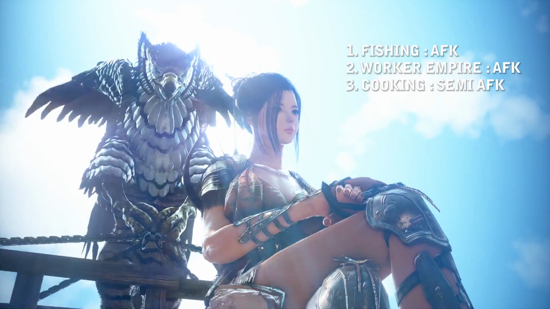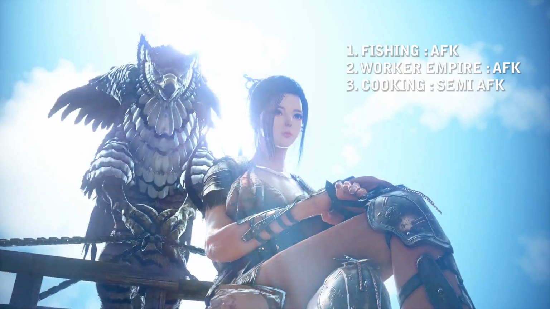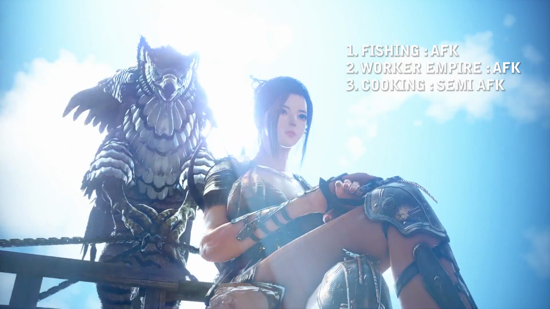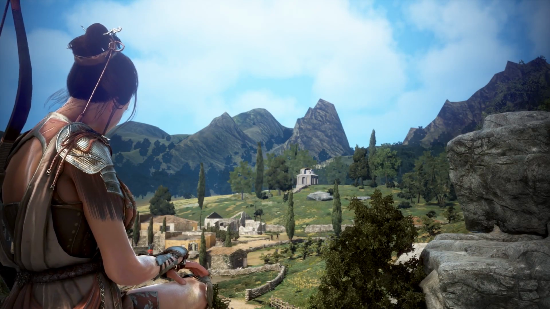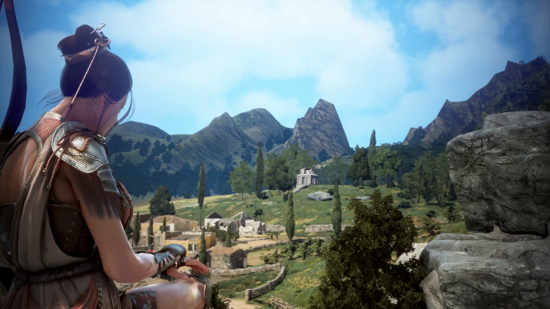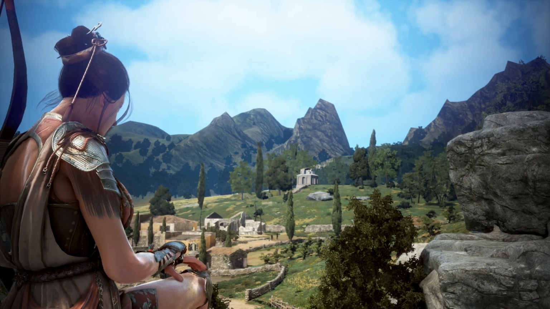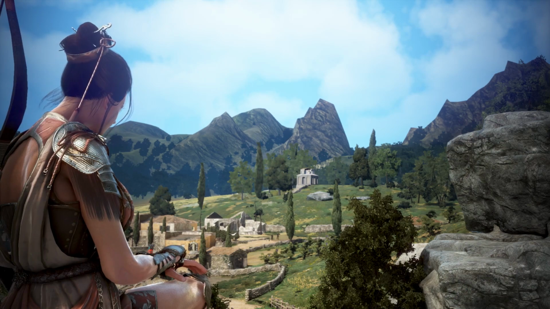So it's two AFK activities that's going to bring you passive income. And when you're doing one AFK fishing, your worker empire is still working, it's double stream of passive income. And the reason why you can do this is because Black Desert Online is a sandbox MMO. That means to say, it doesn't restrict you to a linear path whereby you can only progress by doing, for example,